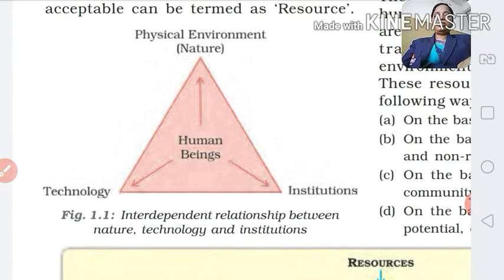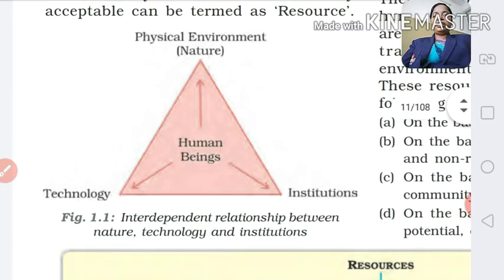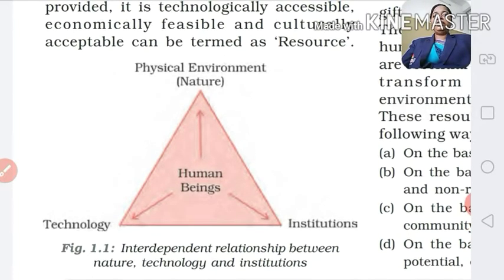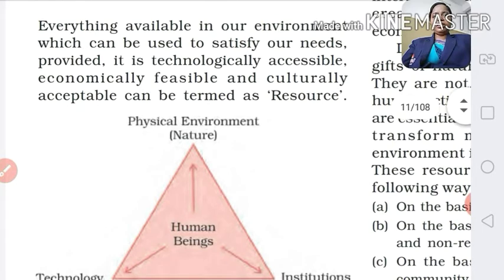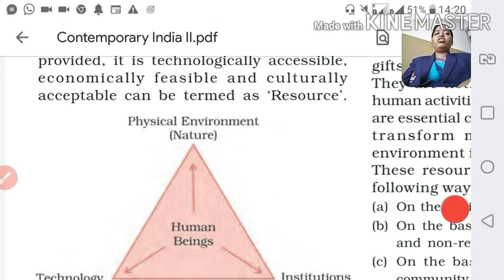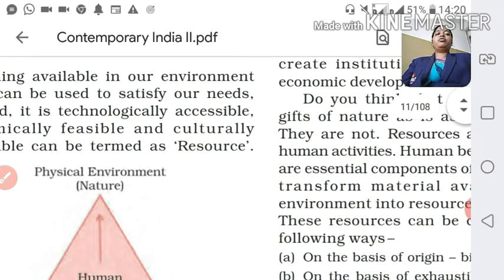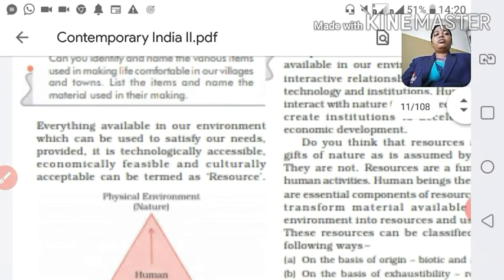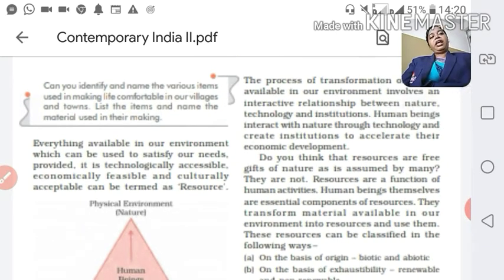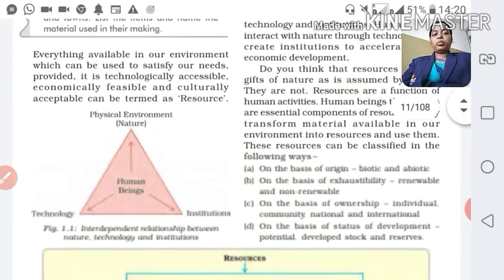Physical environment, technology and then institution for completing their own needs, isn't it? So you can say what is technologically accessible, economically feasible and culturally acceptable can be termed as resource. Here in this chapter we are going to learn how the resource and its development helps human beings for